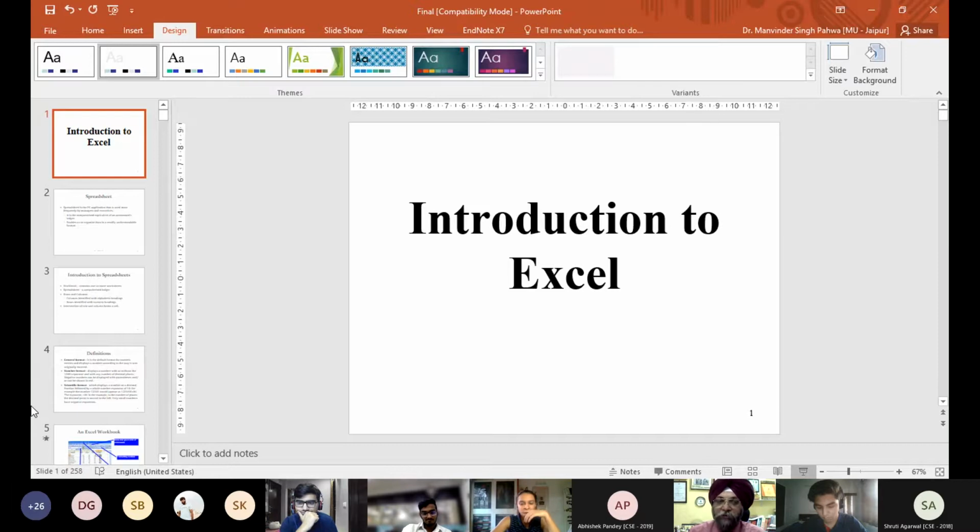Is the slide moving, or is it still? Sir, it's not visible, it's just stuck on the first slide. Actually, I don't know why. That's what happens. Anyways.